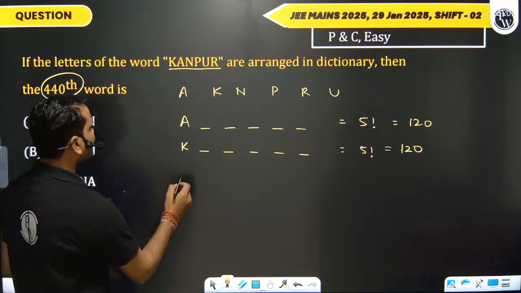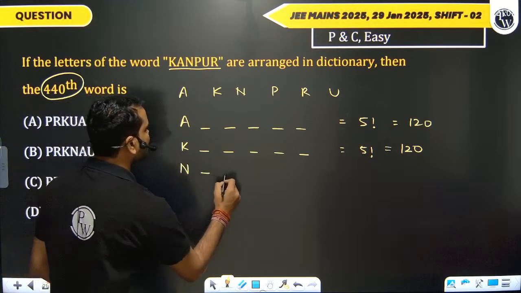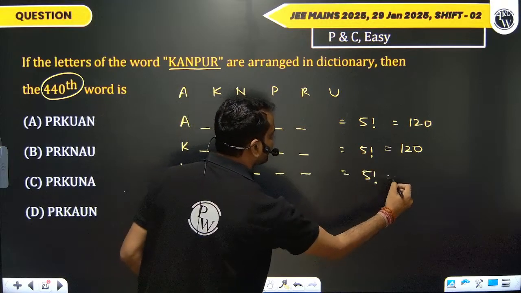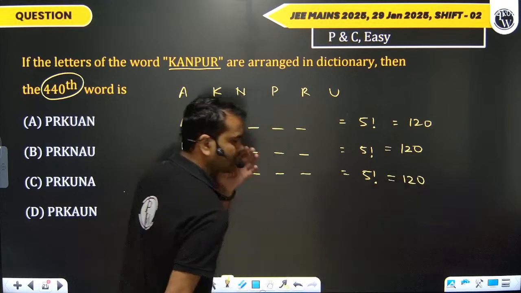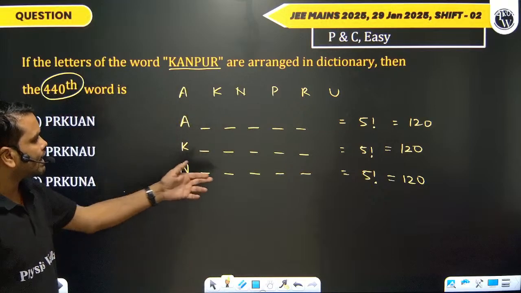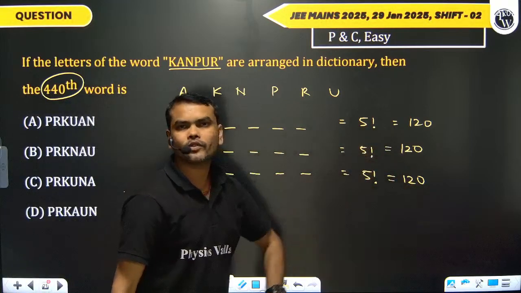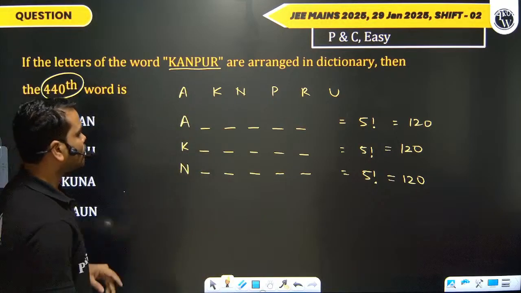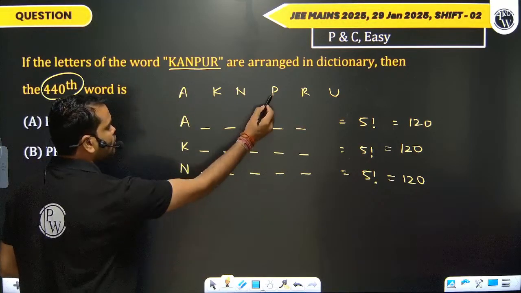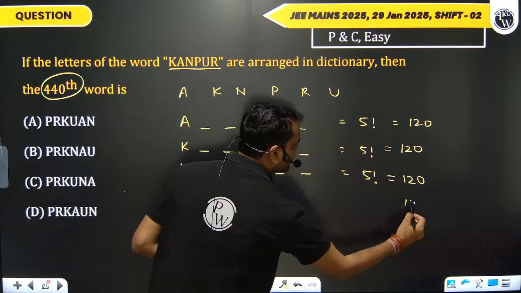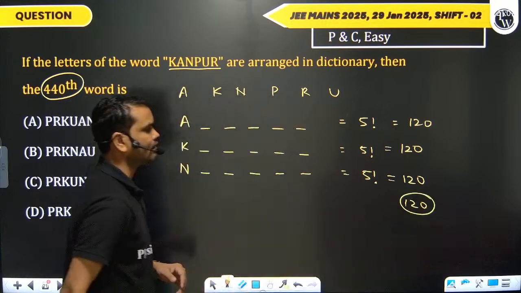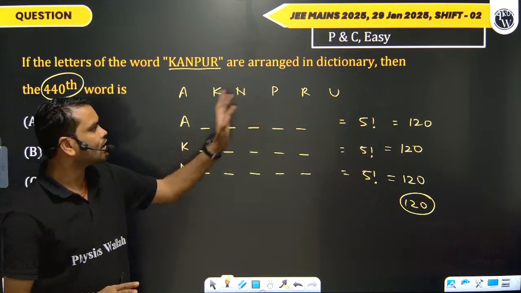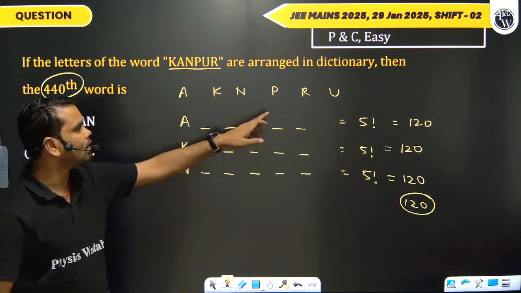So next, we will form all the words which start with letter N. It will be again factorial 5 and it will be 120, right? So again 120 plus 120 plus 120, 360, right? Again we have to go up to 440, right? So if you add one more 120, it will cross 440, right? So we will have the idea that whatever word it will be, that will be